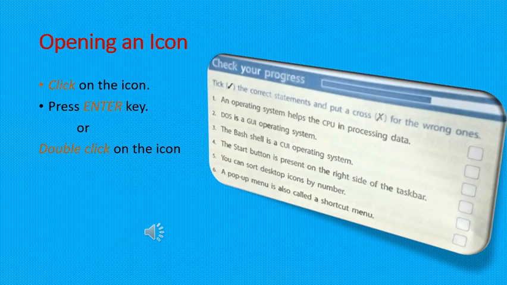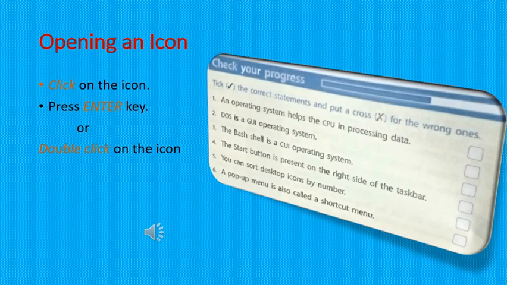Then fourth one, the start button is present on the right side of the taskbar. It is wrong, because the start button is present on the left side of the taskbar. You can sort desktop icons by number. This also is wrong, because there are only 4 options available for sorting desktop icons, that is by name, by size, by item type and by date modified.